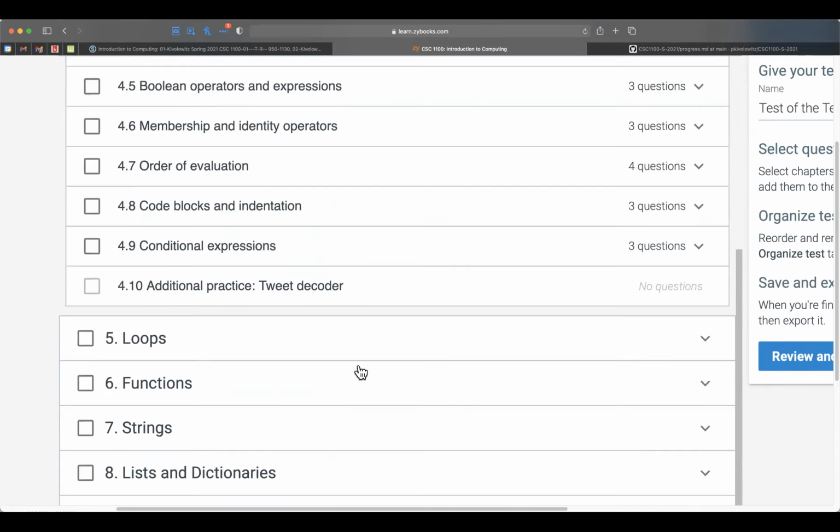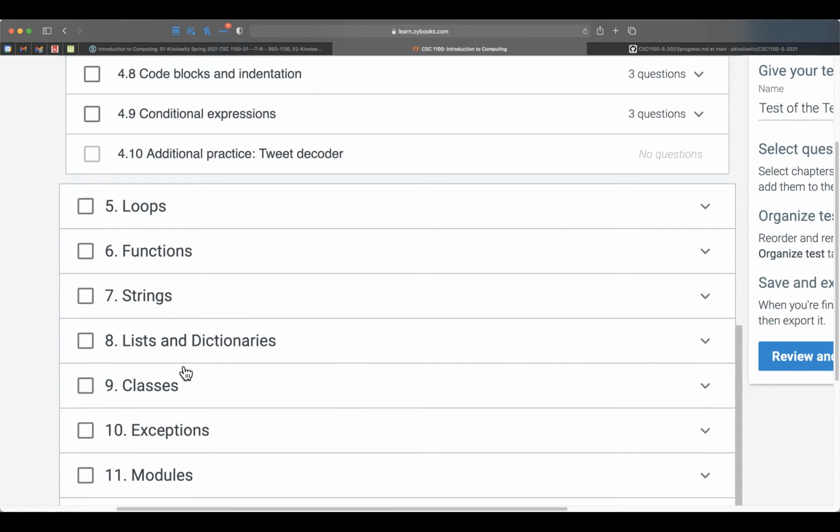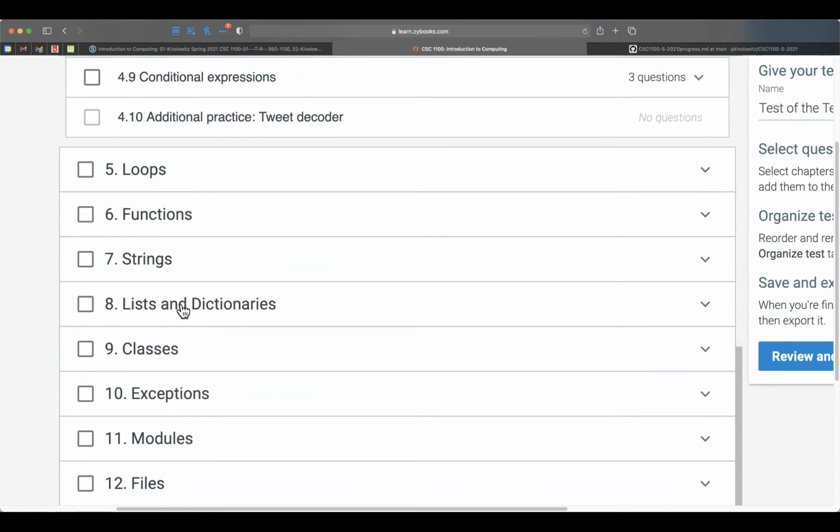Let's go to perhaps chapter 5. Now, we haven't done chapter 6 yet, but we've been working with functions a lot. So there could be questions from chapter 6. There could be questions from chapter 7. We've done a lot with strings, and a lot with lists and dictionaries.